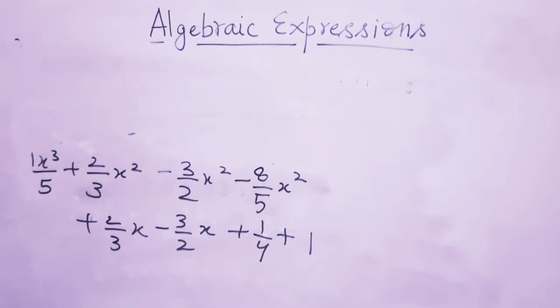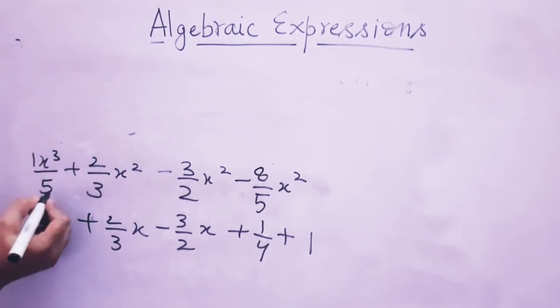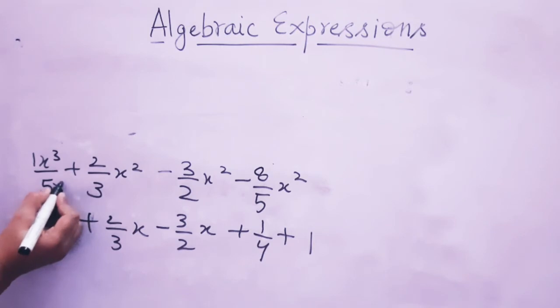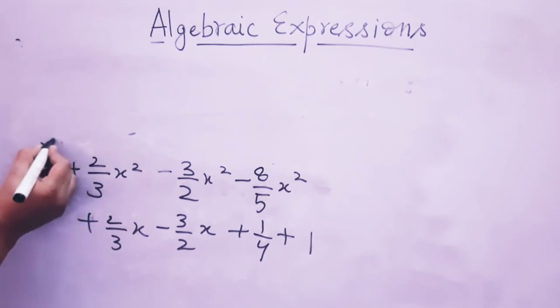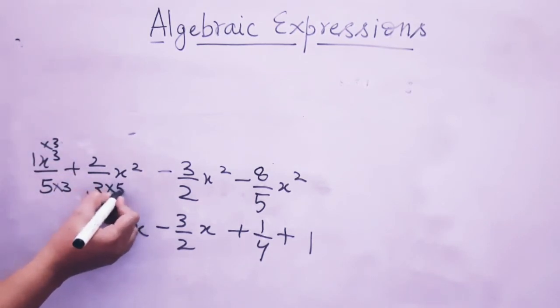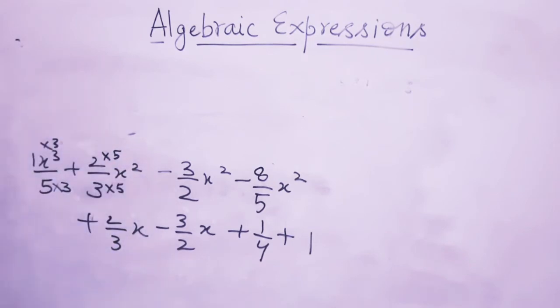If you know the answer, please reply to me in the comment section. Very good. The LCM of 5 and 3 is 15. Now to make it 15, 5 has to be multiplied by 3, and to make it 15, 3 has to be multiplied by 5. So 1 3s are 3.